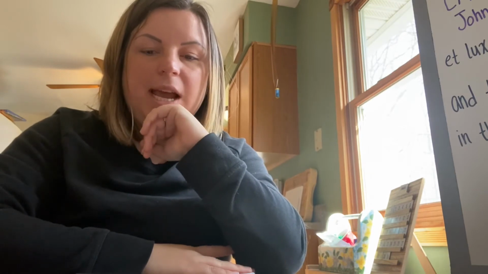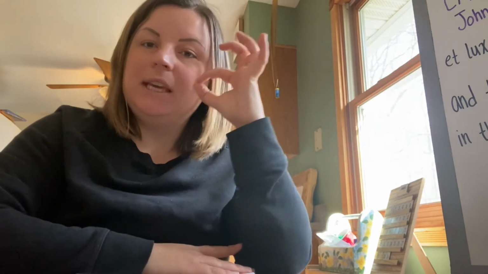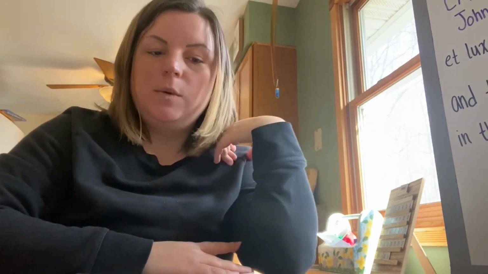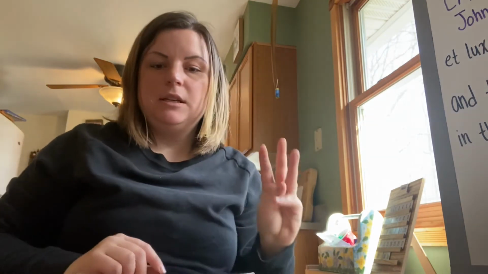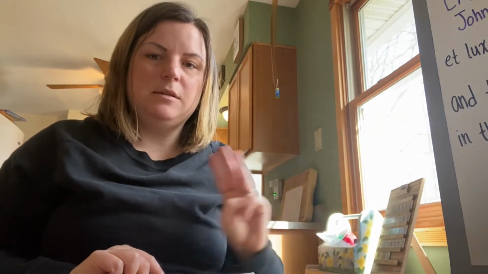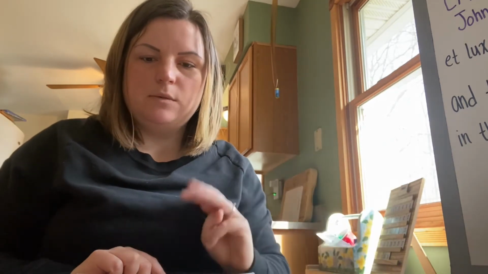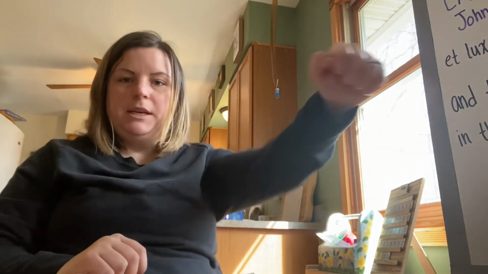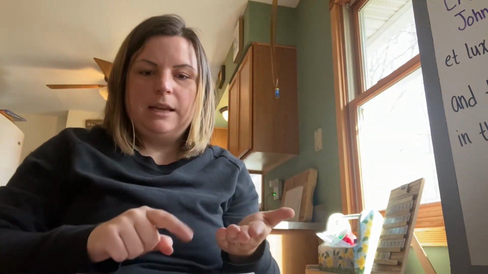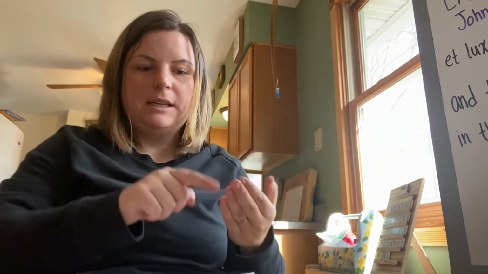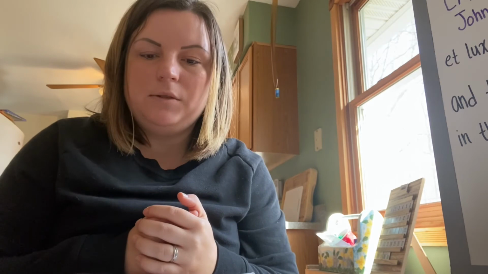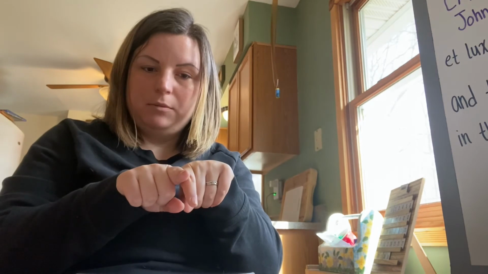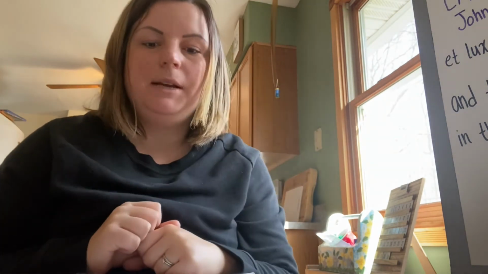Then for timeline, we have Cherokee, Trail of Tears. Do this for the tears. U.S. westward expansion is, I think this is the sign for west. You take a W and move it. Westward, U.S. westward expansion. Marx publishes the Communist Manifesto, so you do the communist salute and then the sign for writing. So Marx publishes the Communist Manifesto, the Compromise of 1850, and the Dred Scott decision. So you do the Compromise of 1850, sign for compromise, and the Dred Scott decision, the sign for slavery.